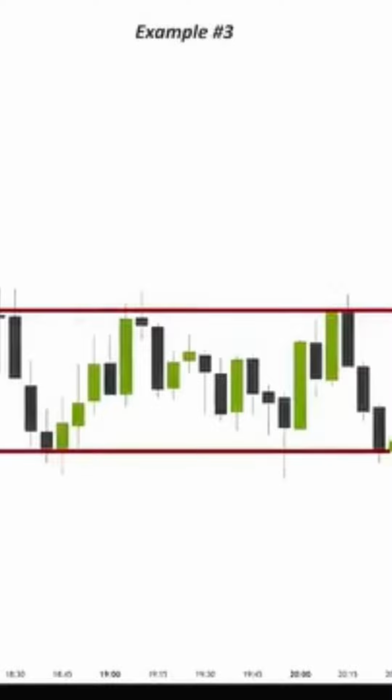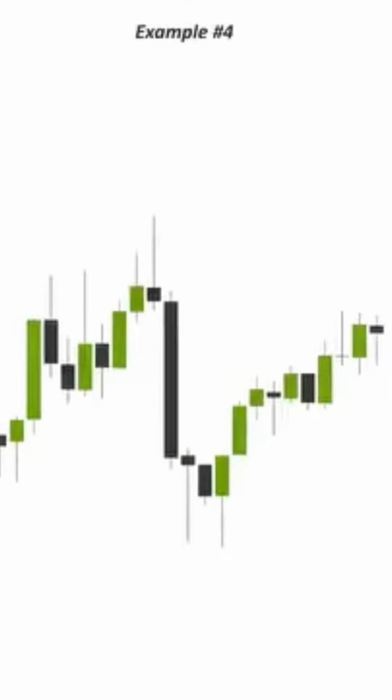If the price breaks below the range, there is a higher chance that it will end up being a failed breakout. If the price returns back inside the range, we can look for long entries aligned with the higher time frame direction. In another trading example, we have a pullback to a